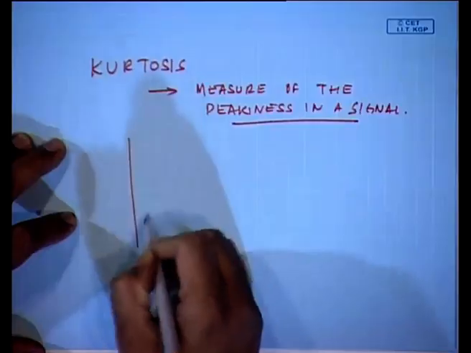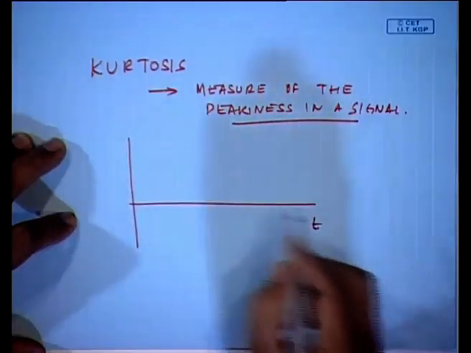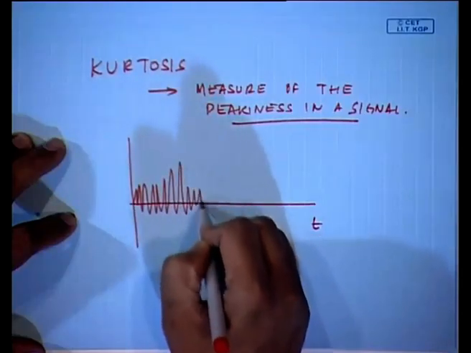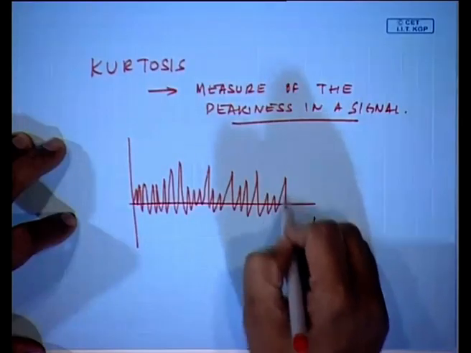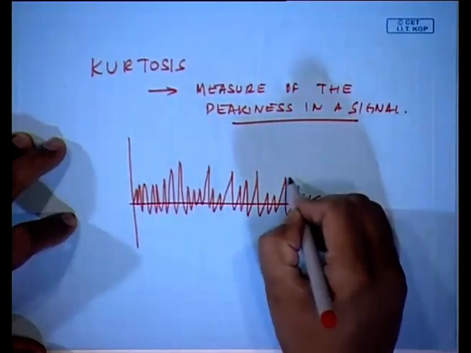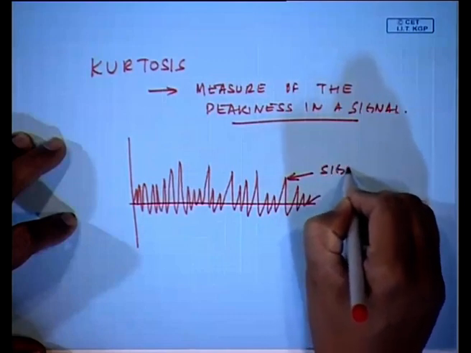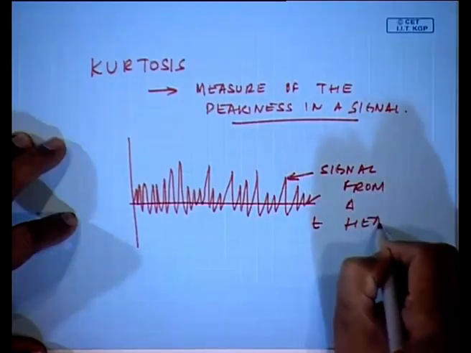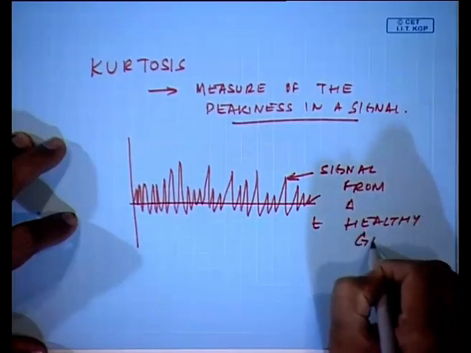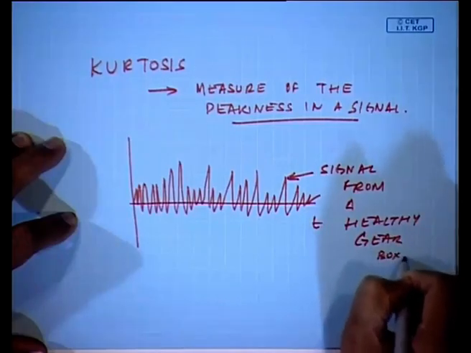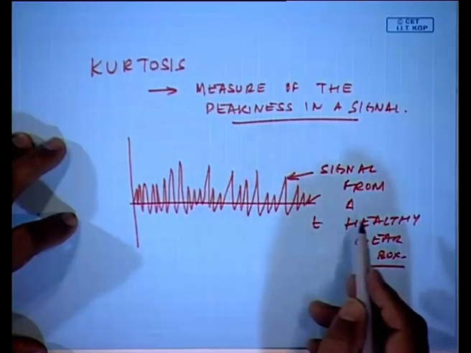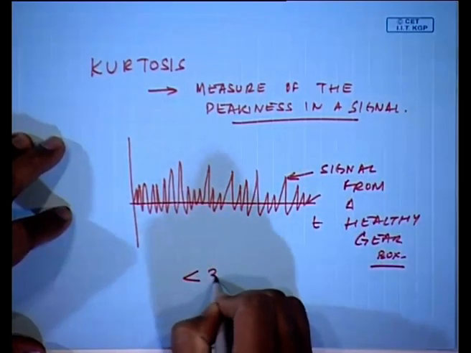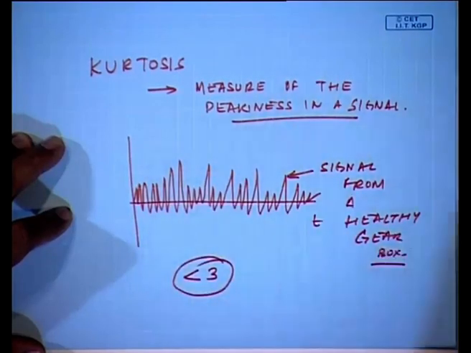So, for example, if I have a real signal from a good gearbox, it may look something like this. Okay. The red one is a signal from a healthy gearbox. Okay. So, I can estimate its kurtosis values, and then it will get a number. Normally, it is less than 3, but